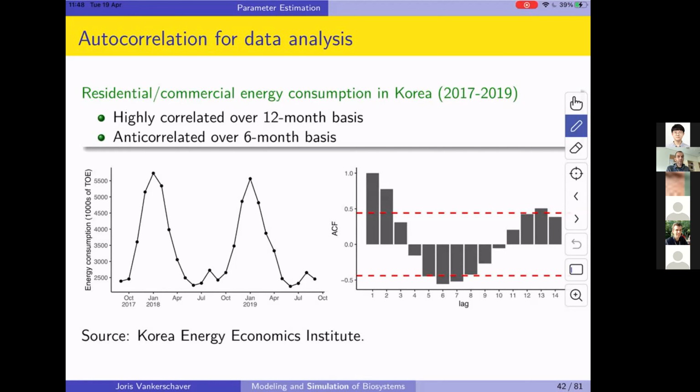If you think about that signal that you see on the left, this has some very physical characteristics that you would expect. You see, for instance, that the energy consumption is highest in the winter in January. And here too, we see it's very high in January. And then it flattens out in July, or slightly before, maybe in June, when the weather is good